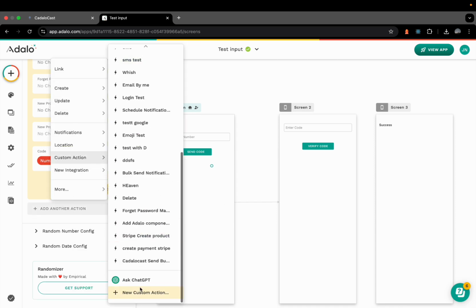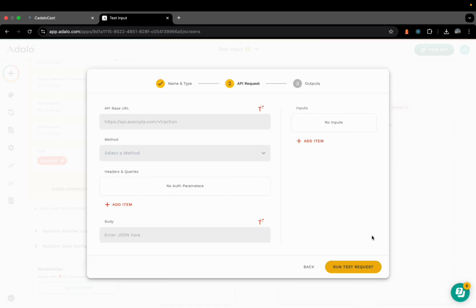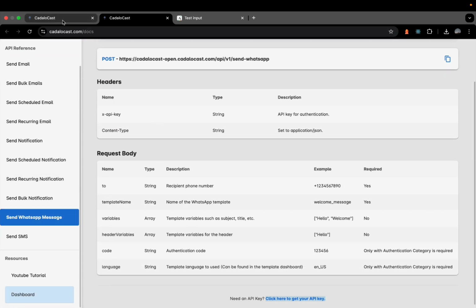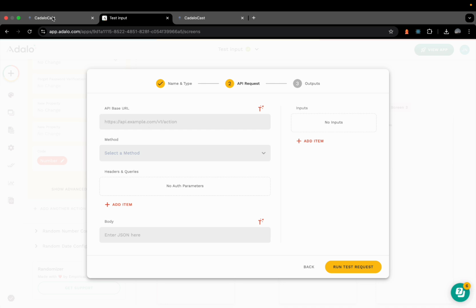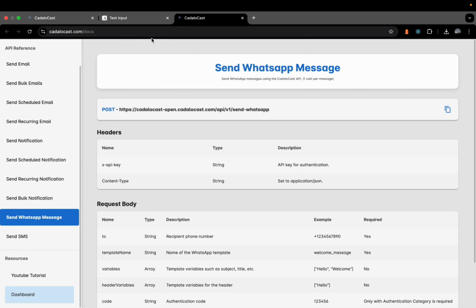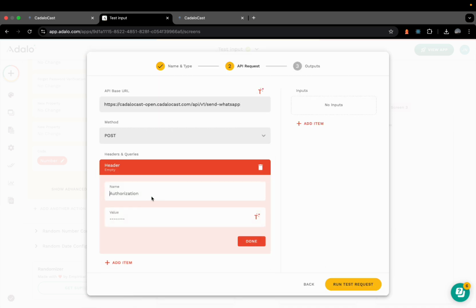create our custom action. We can go into the CadaloCast documentation and check it out. Let's do it together. So first, the base URL will be this one over here. It's a POST method. We have a header of authorization, content, sorry,